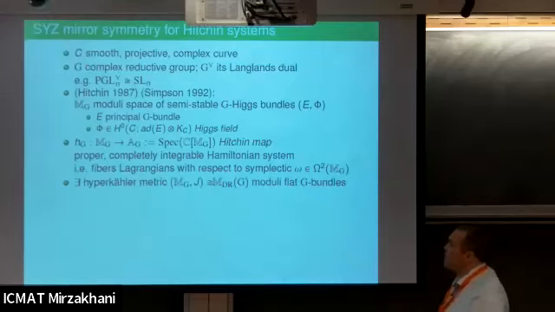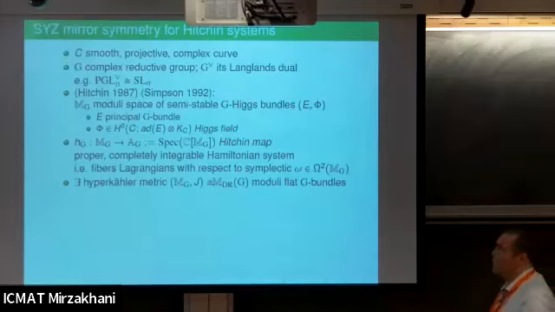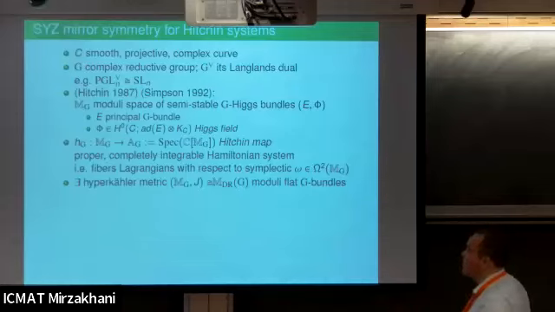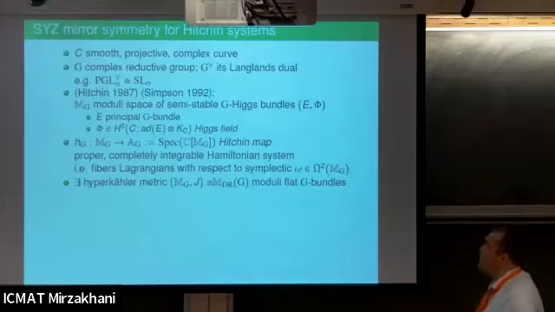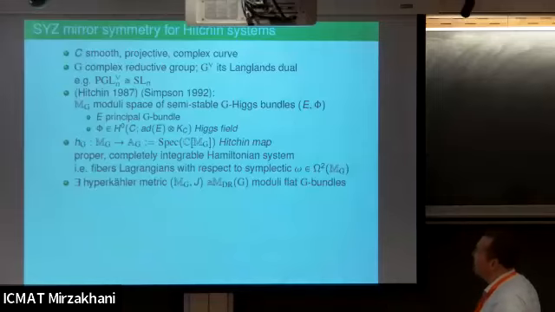And then mirror symmetry, as it will appear for us, actually is not in this complex structure, but another complex structure on the same manifold. So it turns out that there is a full two-dimensional family of natural complex structures on the moduli space. Namely, there is a hyperkähler metric. In complex structure I, we have this moduli space of Higgs bundles, this complex manifold. But in complex structure J, there is a different moduli problem. And the original mirror symmetry is actually about that complex Calabi-Yau manifold, the moduli space of flat G-bundles.